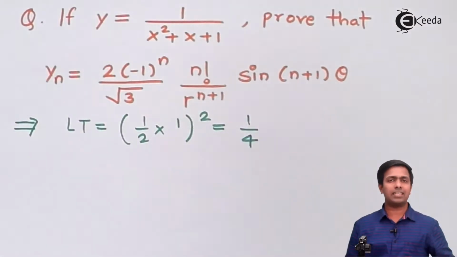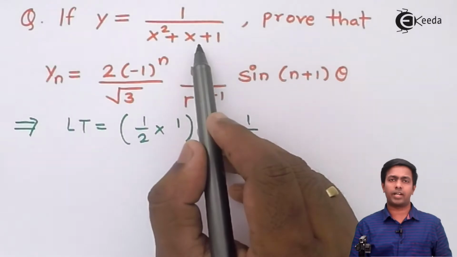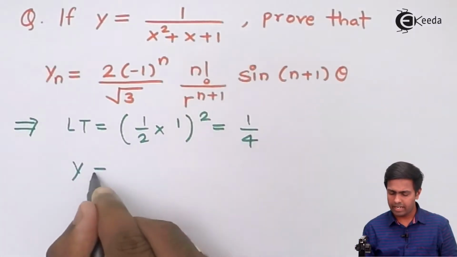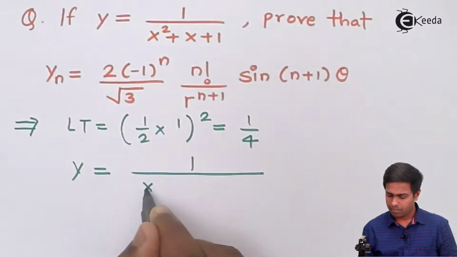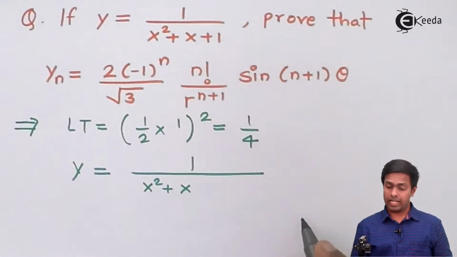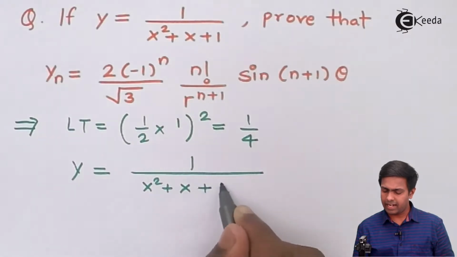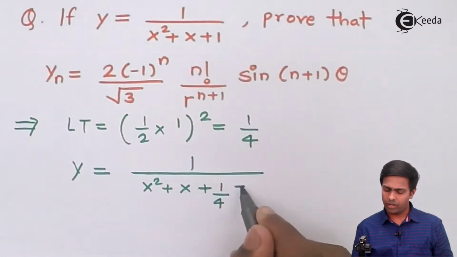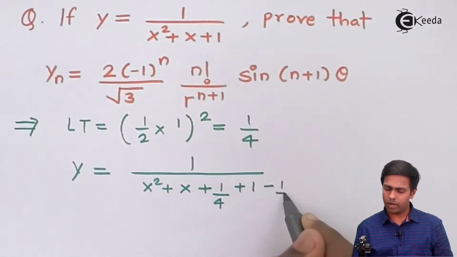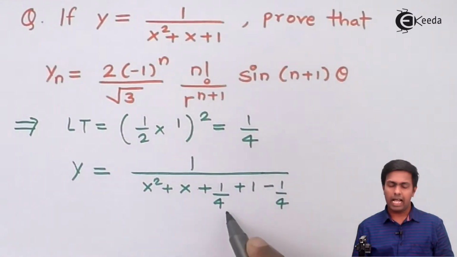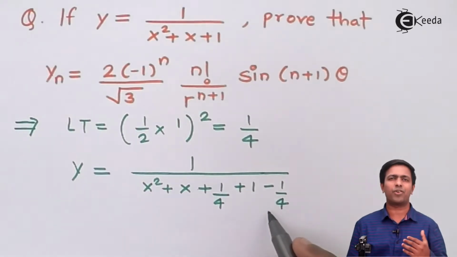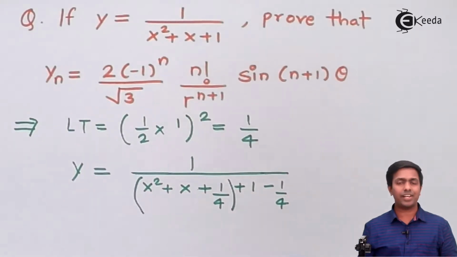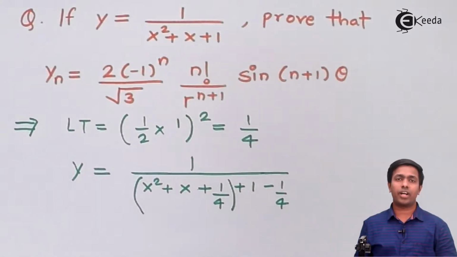So guys, I am going to add this last term here in the denominator, and then I'll subtract it from the denominator. So I'll say y is, now guys, here first of all I'll add that last term which is 1 by 4. Then we have 1, so I'll write down that 1, and then I will subtract 1 by 4. So I have added and subtracted the last term from the denominator. Now let's see the first three terms. So these three terms form the quadratic equation.